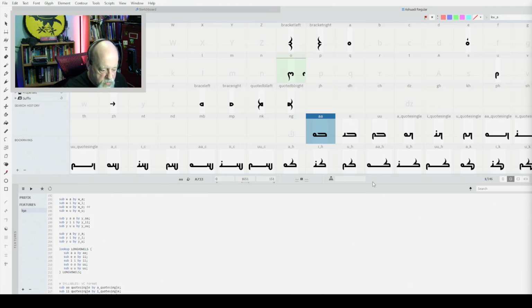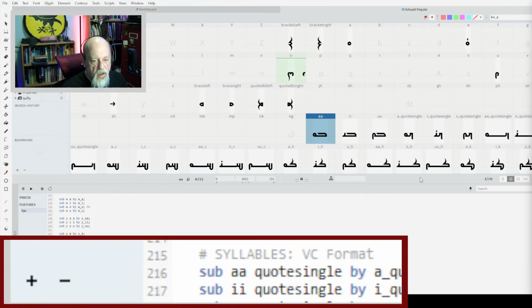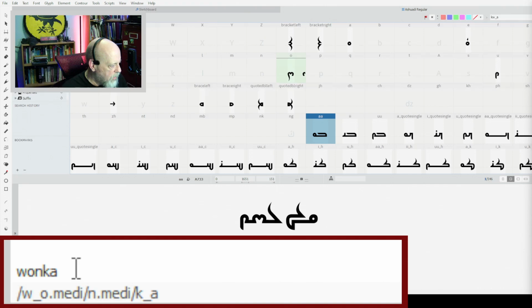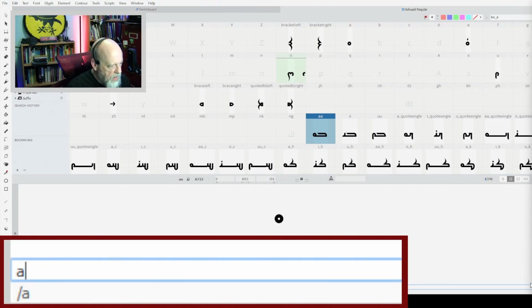So if we go back to preview, and I switch back to here, and I wipe out Wonka, A, double A, R. It switches to the A with a longer line, and then the R. If I typed AR again, it'll switch it to RAR, right? MAR. You could see it's a short line. If it was MAAR, it would be a longer one.